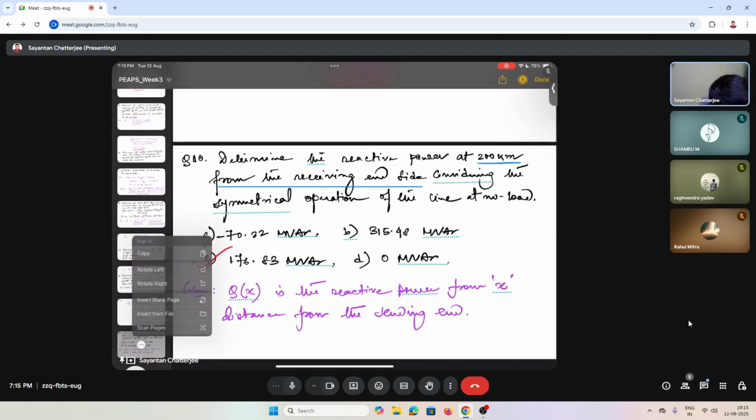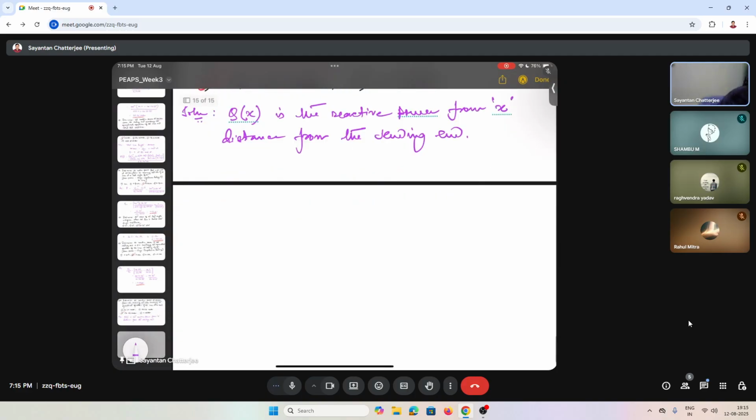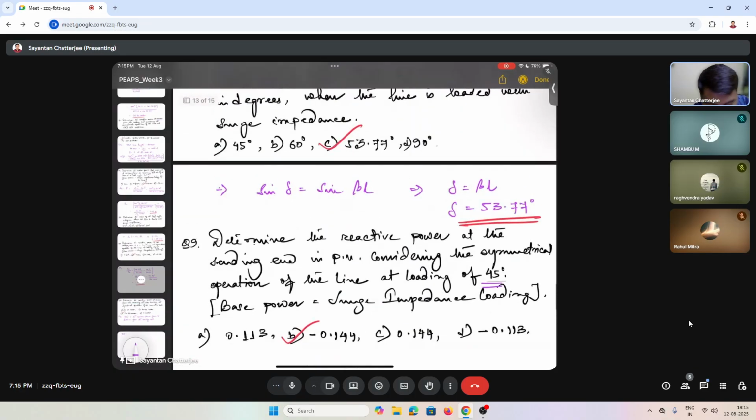Okay. So this is x distance from the sending end, and Qx is given as